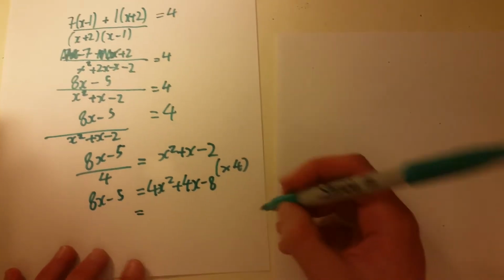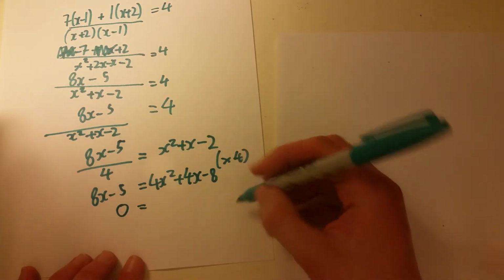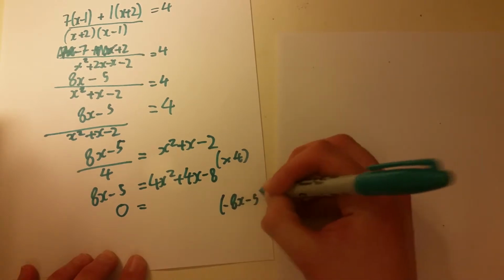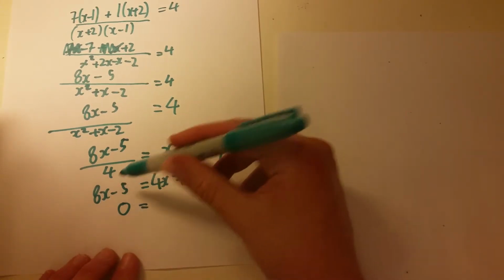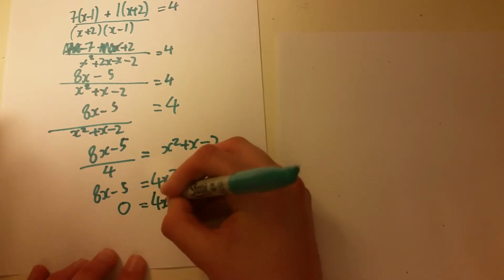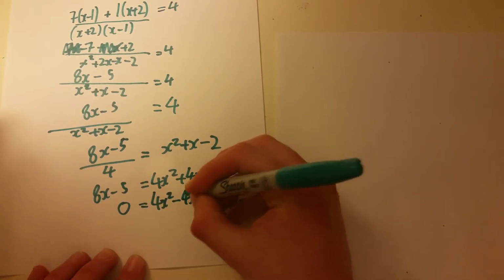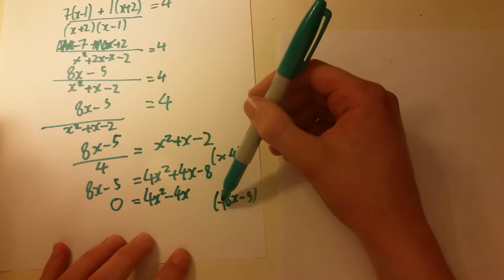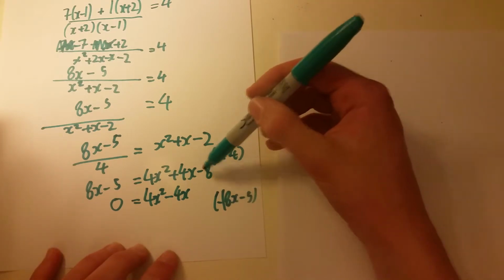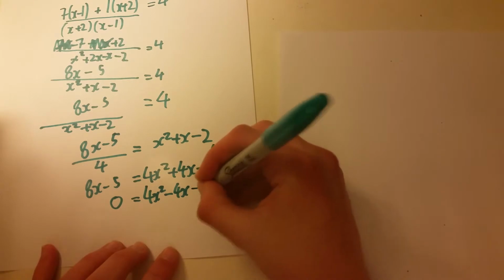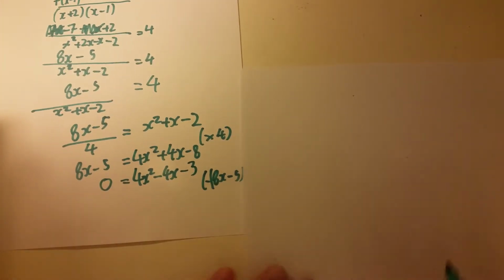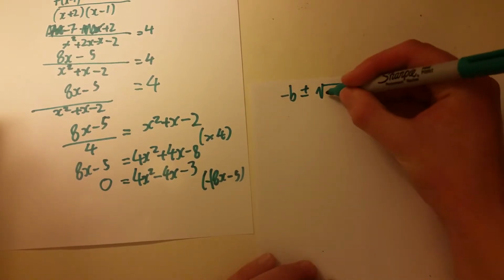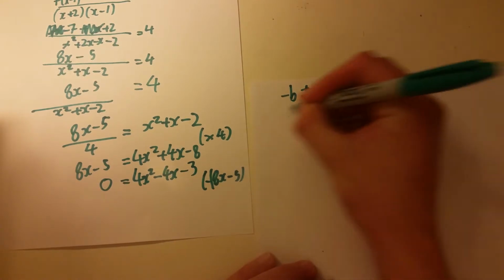Now, we need to rearrange this so that we can isolate 0. In order to do that, we'll subtract 8x minus 5. That will involve taking away 8x from 4x, which is minus 4x, sorry. And also, minus 8 minus 5 is the same as minus 8 plus 5, which is minus 3. And that's our quadratic. You can use the equation minus b plus or minus the square root of b squared minus 4ac, divided by 2a